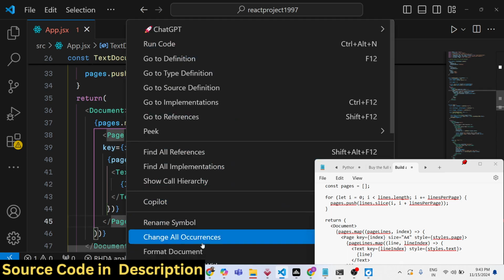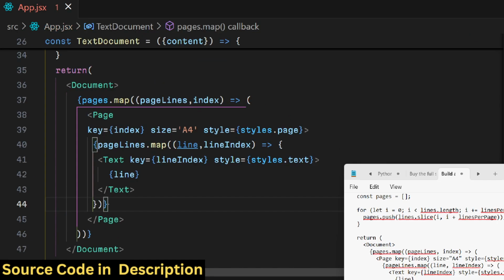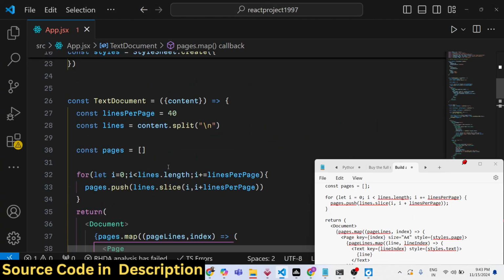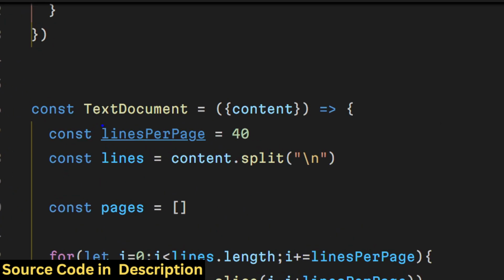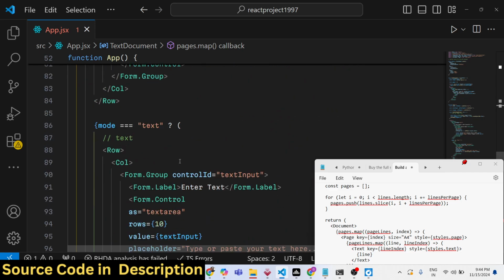So in this way, you can build your PDF document from text. So here you're providing all these options, the size of the page, the styles for the page, styles for the text. These are looping through each line. This is the text document component, complete. So here we are simply using it. If you see,